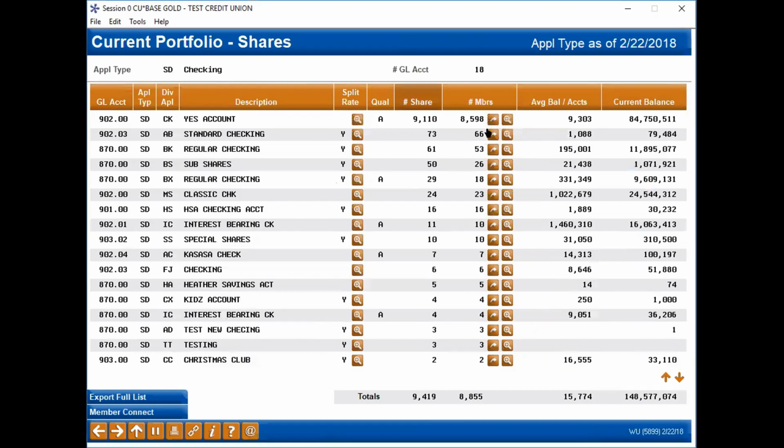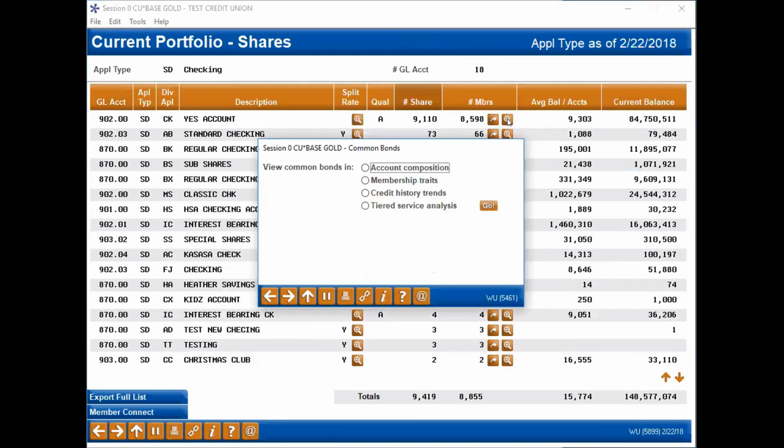your preference may be. There's another option over here labeled as common bonds, and this allows you to continue the analysis. You might have questions about these members. All right, these are my checking account holders. This is my primary checking product that the vast majority of my members are enrolled into. Who are these members? What's their average age? What other products do they use? How do they interact with the credit union? Those other questions that you might have about this subset of your members is exactly why we have this common bonds tool. So this tool will take that subset of members, just the 8,500 members or so, and we'll analyze